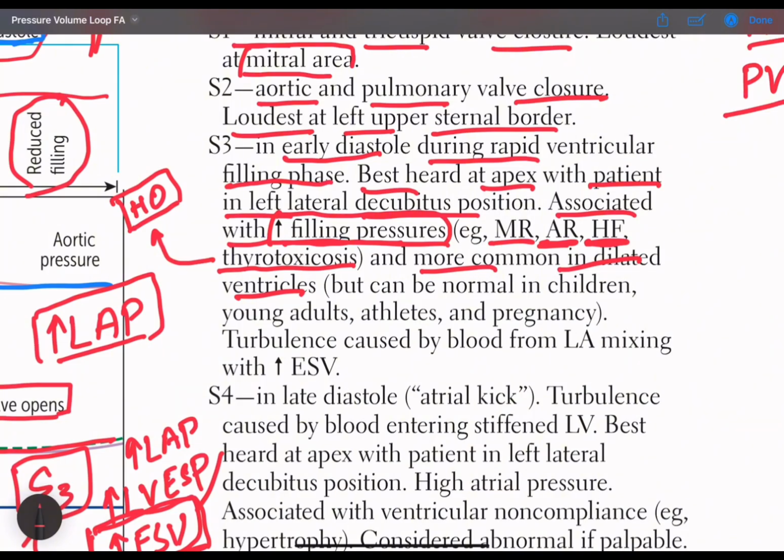So what are the conditions in which we have this S3 finding as a normal finding? In children, in young adults, athletes, and pregnancy. In all these conditions, when we have a finding of S3, it is considered a normal finding. In all of these conditions,